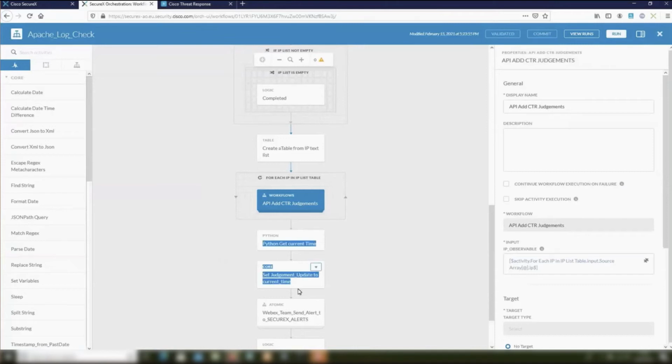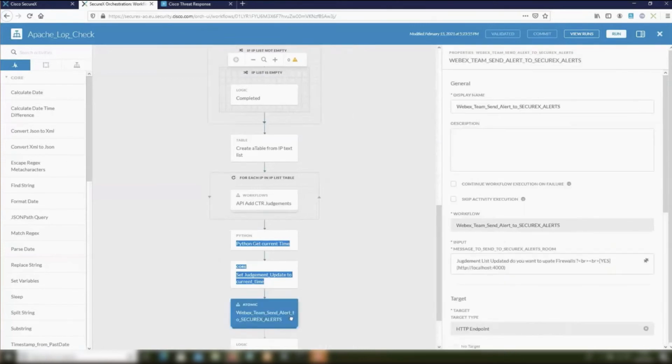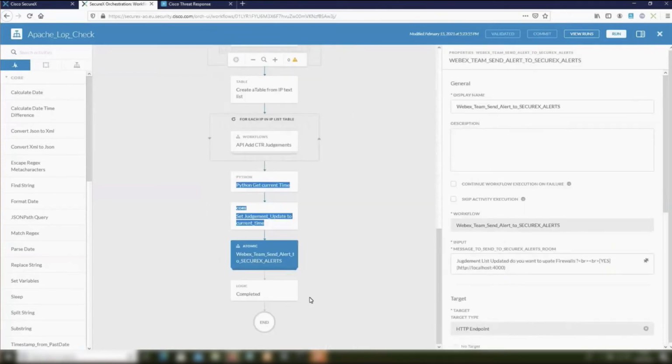The last operation will be to calculate the flag, and this is a timestamp. It will be this timestamp that will be checked by another SecureX workflow, the security solution workflow, in order to understand that there are updates to be downloaded. The last step will be to send a message to the administrator in a WebEx Teams room, telling him that an update has been done in these fields.